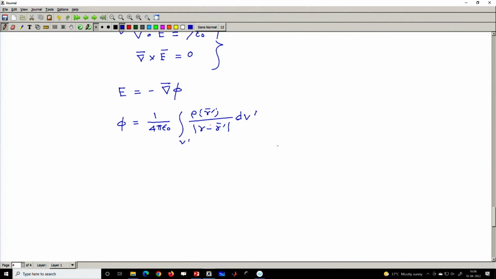So, I can find that, and also the vector potential